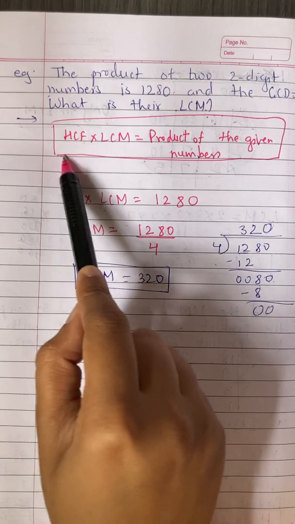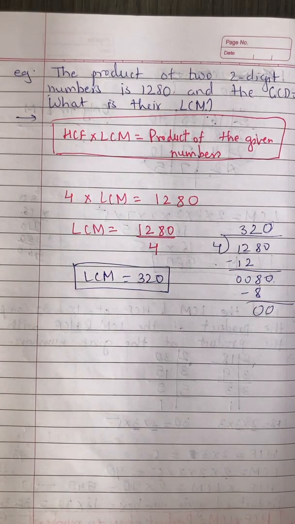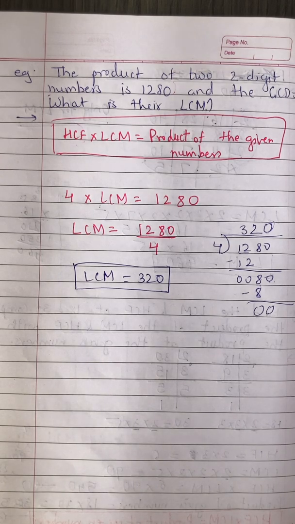So you can see here how we use this formula which we just now found out, right? So this is how we find out LCM. Finding LCM is also very easy. The only thing you have to know is that your table should be very proper, otherwise you're going to make silly mistakes. And the vertical arrangement factorization which we have done, that also you have to do very thoroughly, because we use that for HCF also and for LCM also.